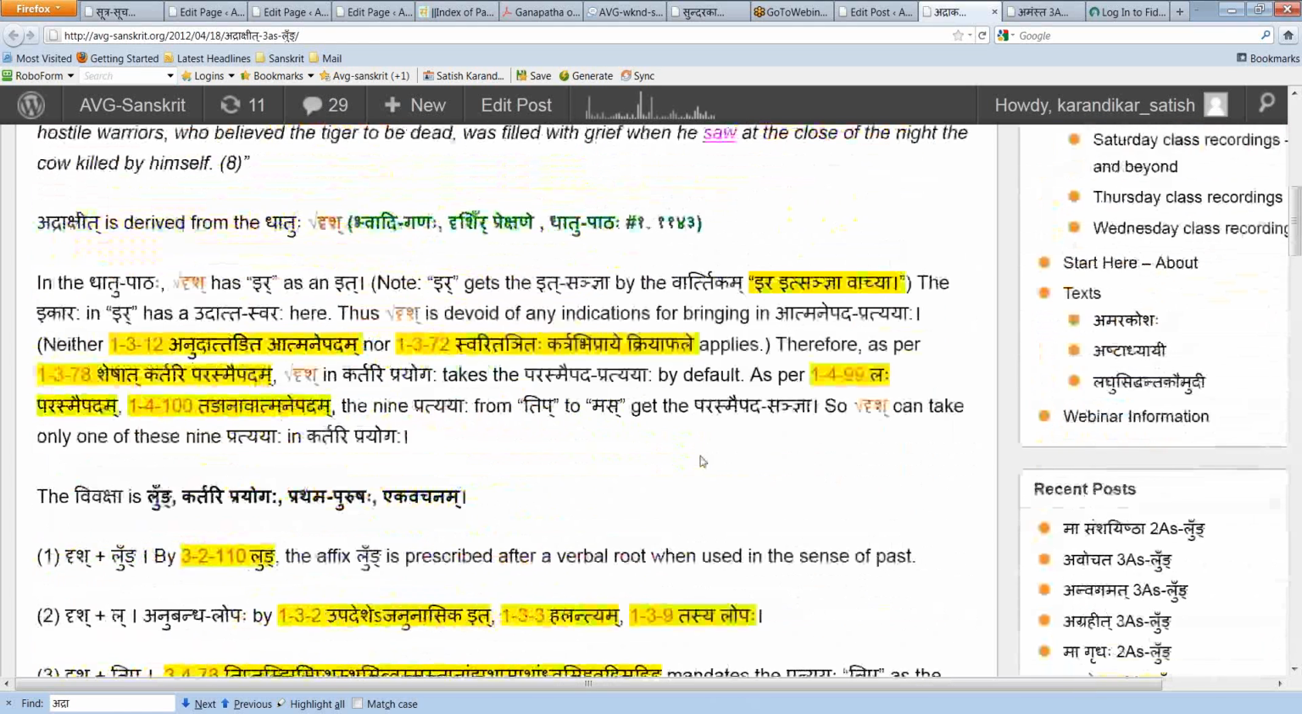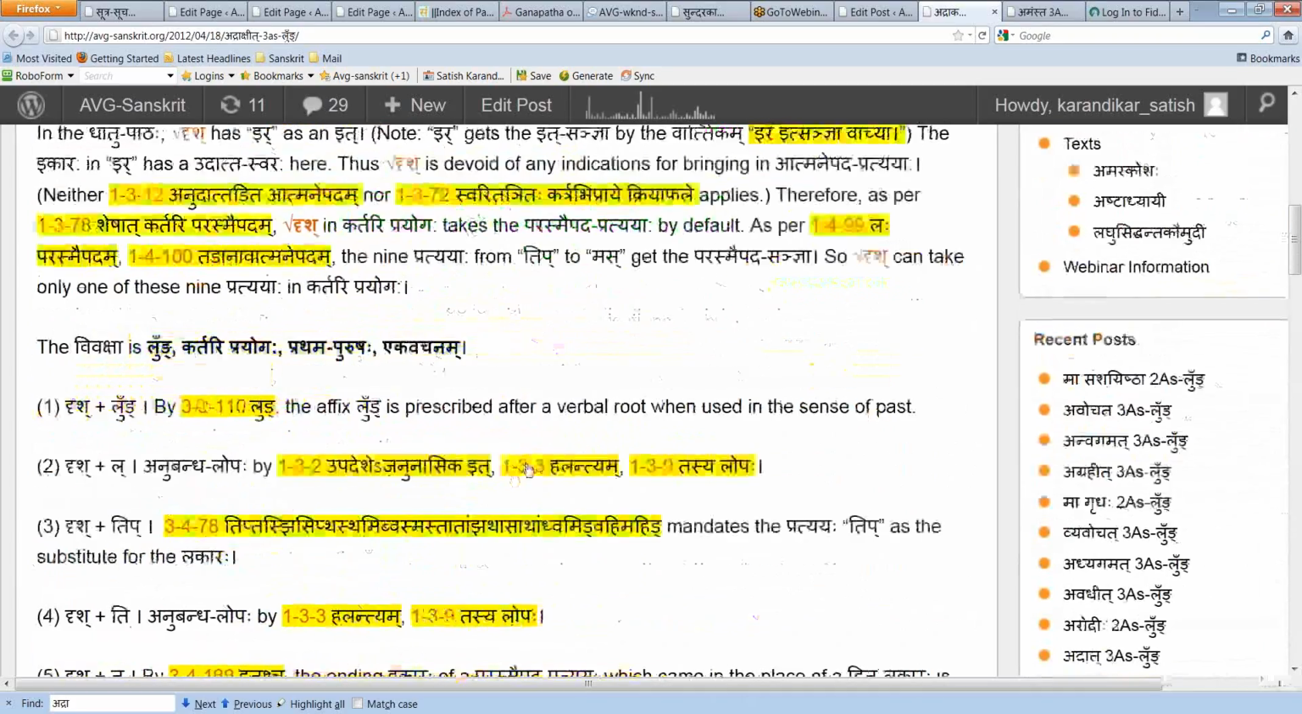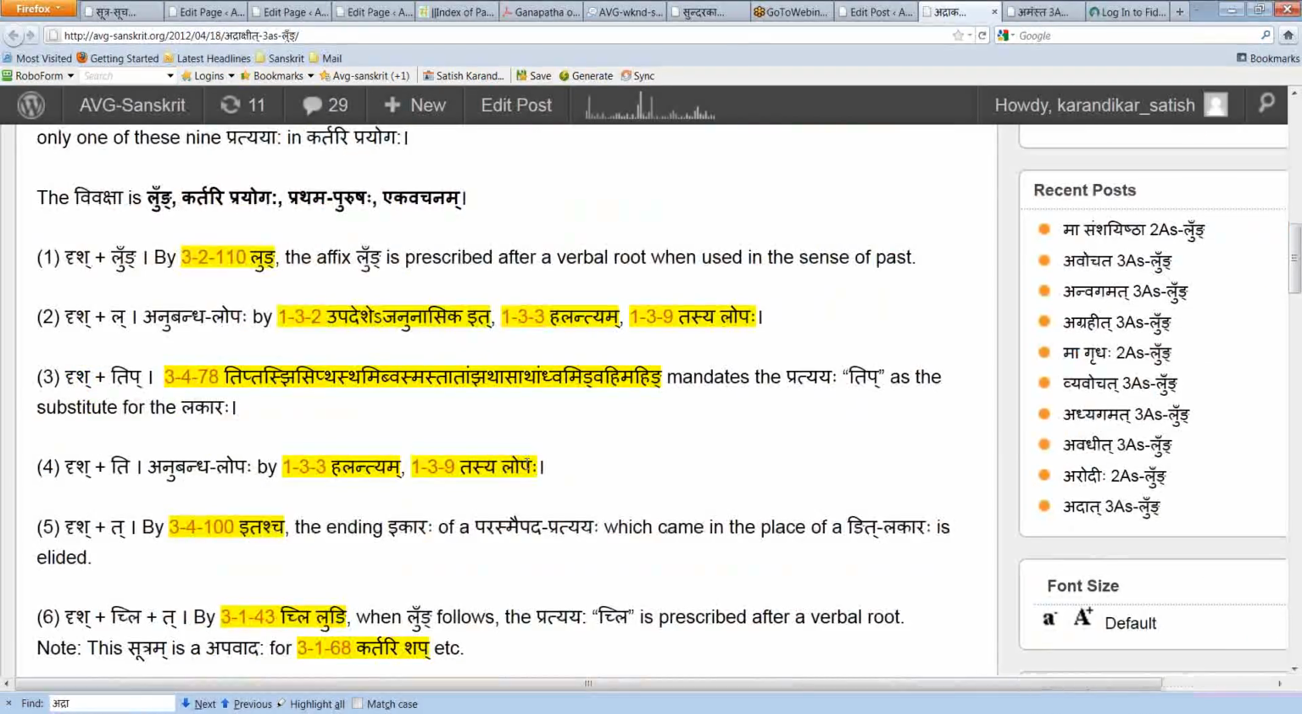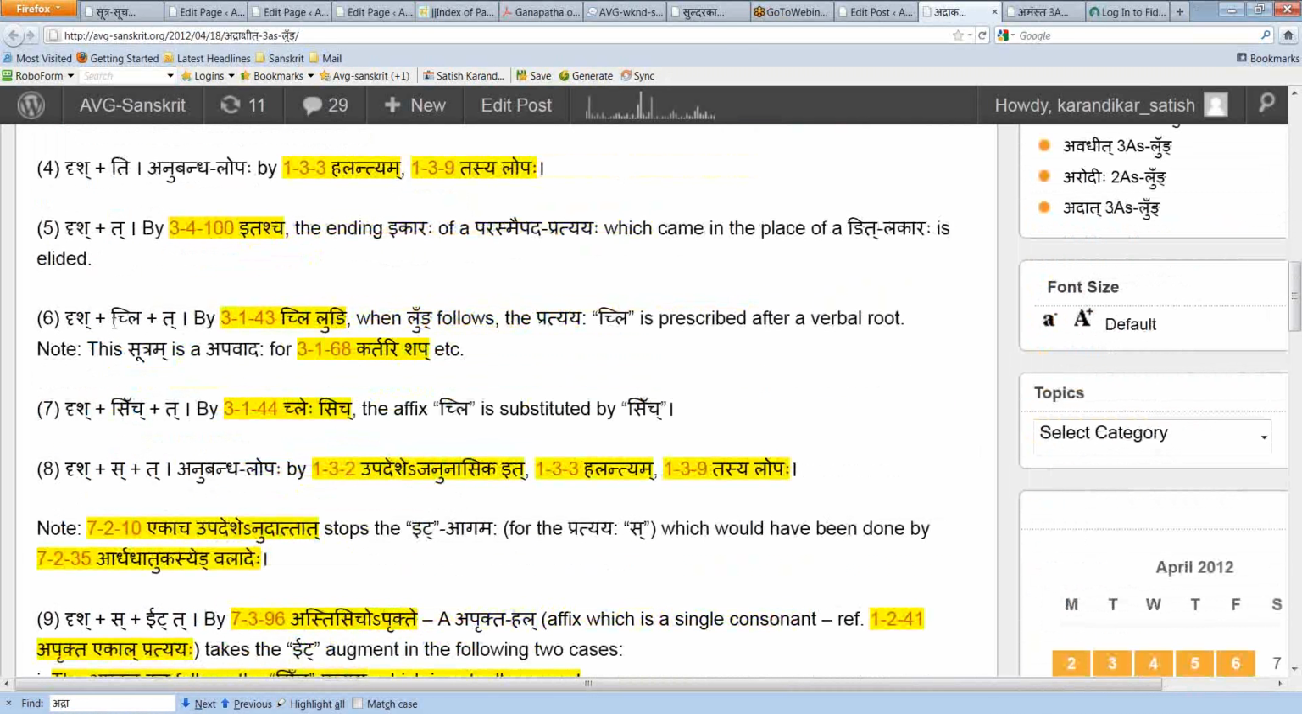This drish has an ir as an it by ir is sanjna. The ikara of that ir has udatta svara. So it's a parasmaipadi dhatu. Okay, so we did the usual steps. We did drish plus lung, anubandha lopa, la, then tip because prathamapurusha ekavachanam, anubandha lopa, itashcha, you got chlilungi, chle